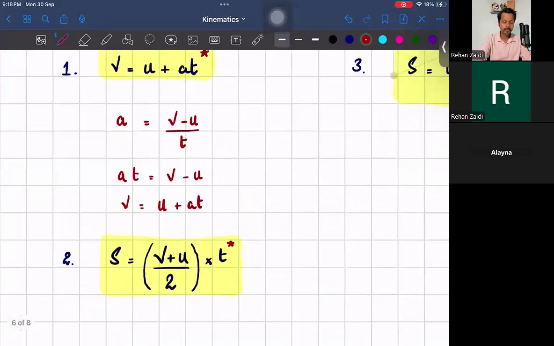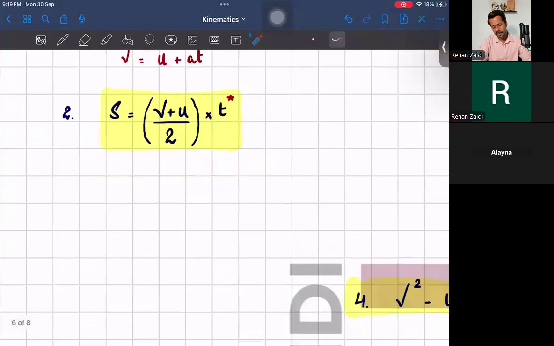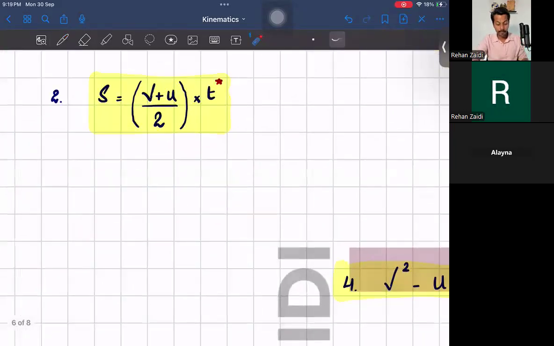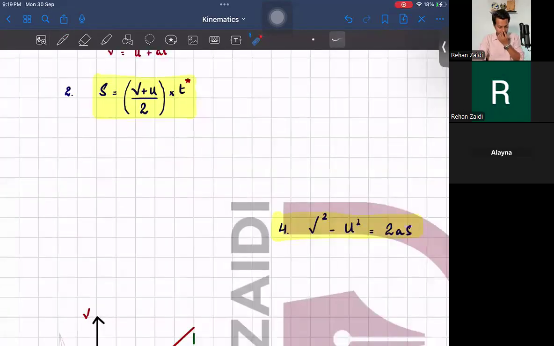Now what is the first equation of motion telling about? फर्स्ट इक्वेशन ऑफ मोशन ये बता रही है, if an object was initially moving with a certain velocity, it was already in a motion, but it accelerated afterwards for a certain time. So what would be the final velocity after accelerating for a certain time t, ठीक है ना। तो इसके लिए we will be using this formula, right. अच्छा, मैं ये सब बता के कंफ्यूज नहीं करूंगा कि फिर आपके जहन में लगेगा कि शायद ये स्पेसिफिकली इस्तेमाल होगा, नहीं स्पेसिफिकली इस्तेमाल नहीं होगा।